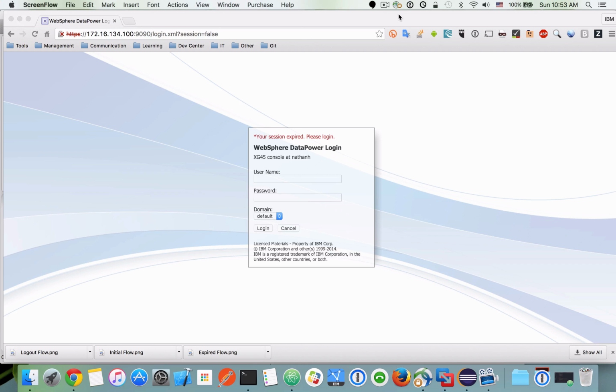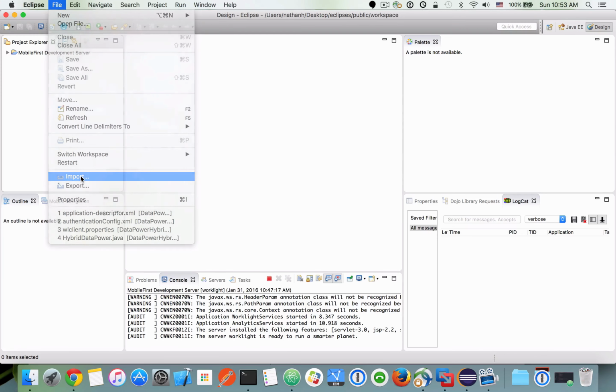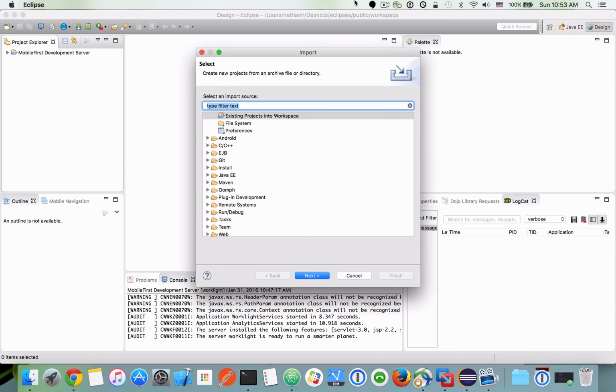In this video, I will demonstrate how to integrate a mobile-first application with the DataPower gateway. To do so, we'll be using a sample mobile-first application that you can find linked in this tutorial. And so the first thing that I'm going to do is import the sample application. So this is a MobileFirst Studio